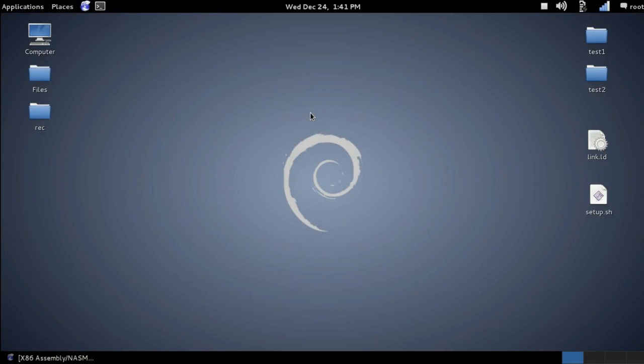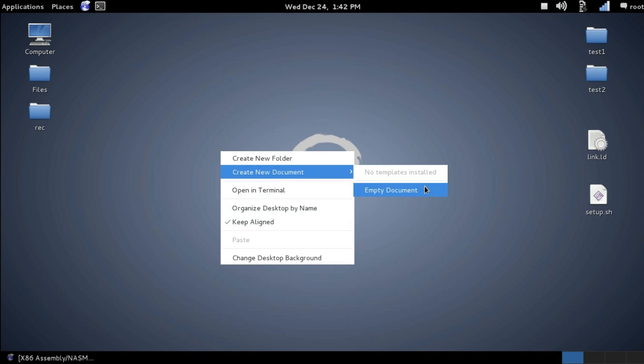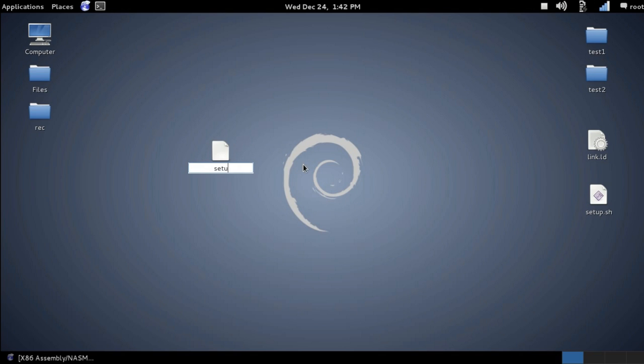So, welcome again to the first episode in operating system development. First thing you want to do is to set up your development environment, which means you have to install the required packages in your Linux distro. So first thing, create a new document and then call it setup.sh or whatever you want to call it. I already created it, so there's no need to do that again. So I'm going to be calling it s.sh